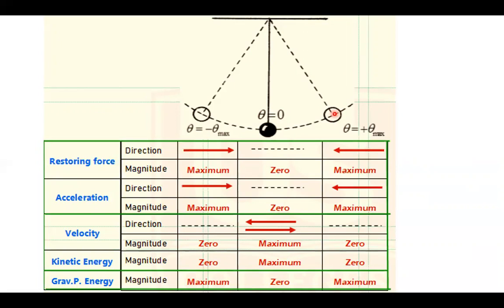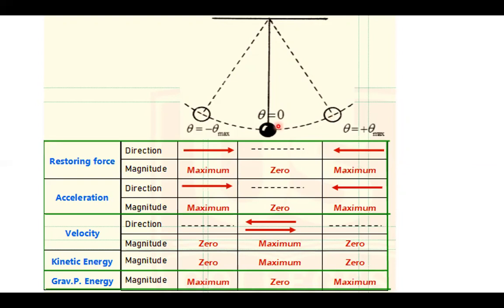At maximum displacement, because displacement is to the right, restoring force is to the left. Here displacement is to the left, restoring force is to the right. When displacement is maximum, restoring force is maximum. Acceleration is proportional to restoring force. Everything is the same. And gravitational potential energy